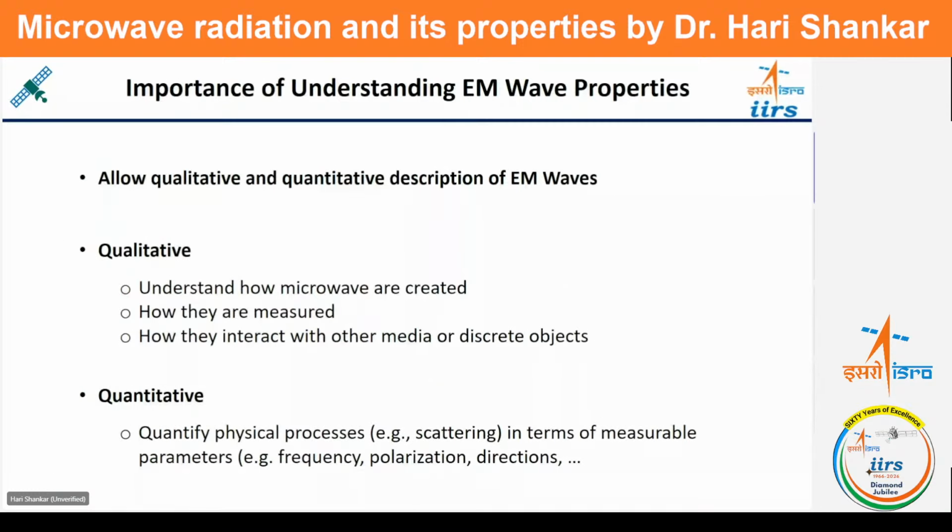Okay. So if we understand the electromagnetic properties, it gives us qualitative as well as quantitative descriptions. Qualitatively, we can understand how microwaves are created, and how they are measured, meaning some things we can measure, either their polarizations, their energy levels, and other things. We can measure the quality, and we can also understand how they interact with other types of media, whether it is the atmosphere or different features on the earth surface,